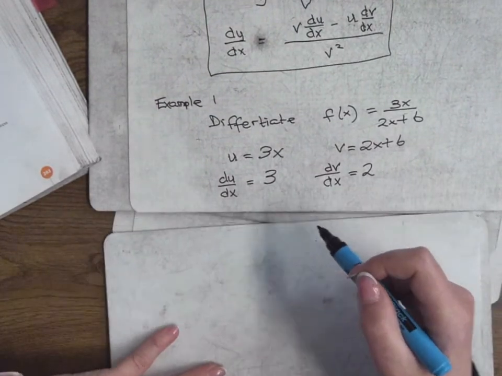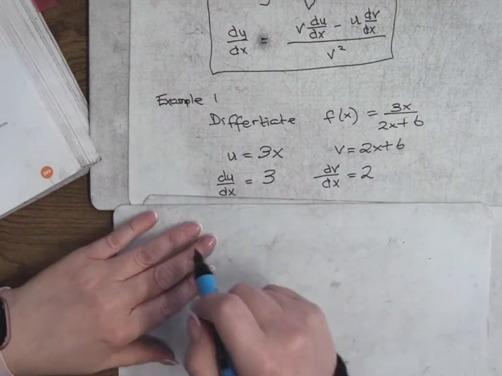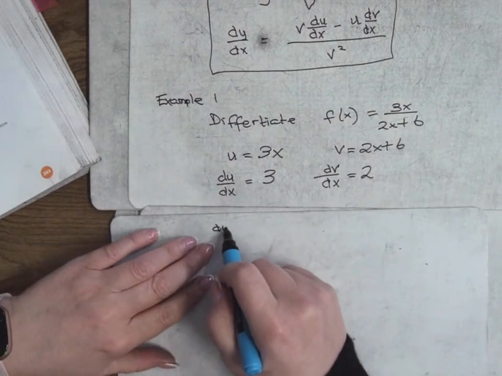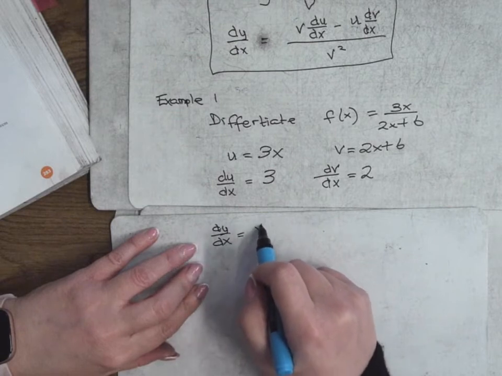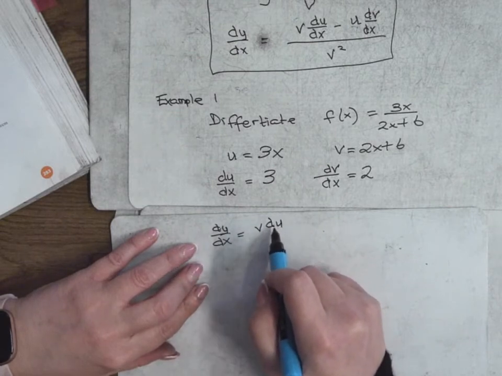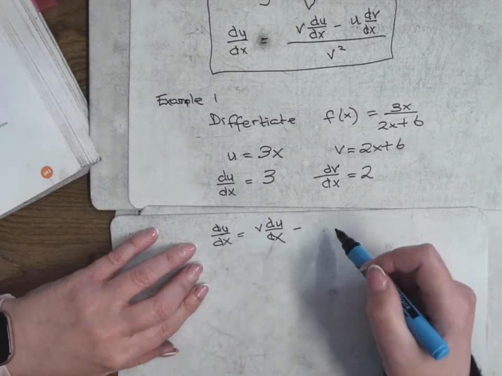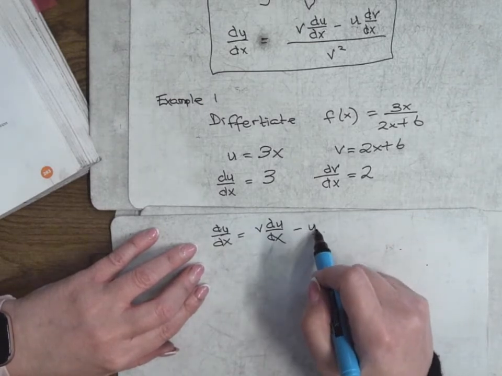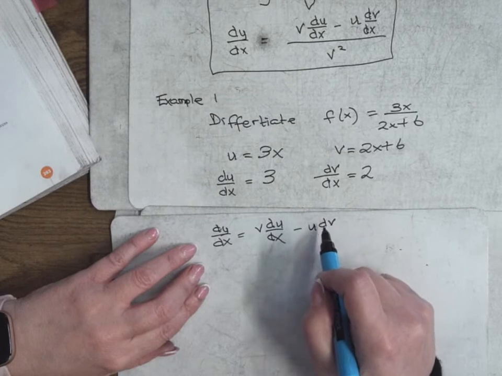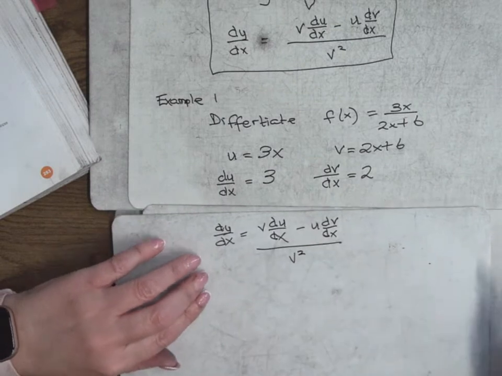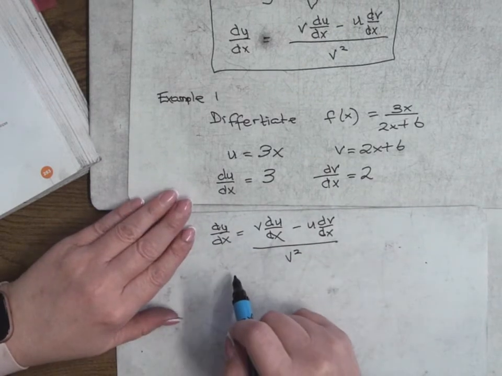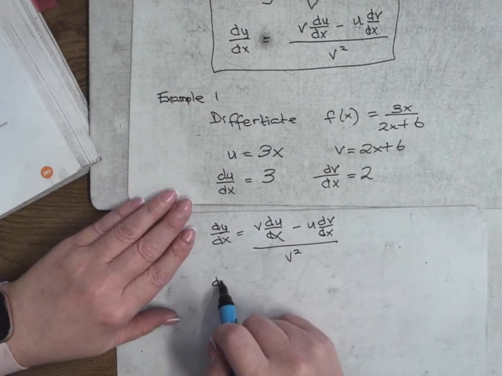So the formula is dy dx is equal to v times du dx. Now it's in the opposite order to the other one, and the order is really important here because there's a minus in the middle. u dv dx all over v squared. Right? Okay, so filling it in,